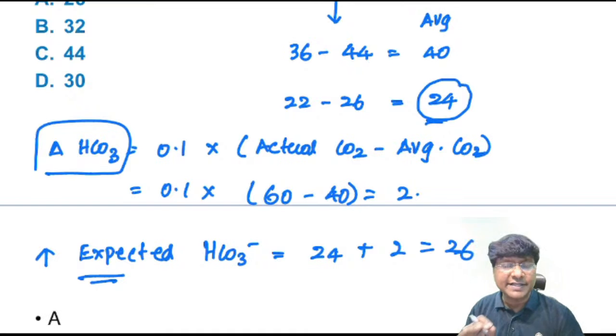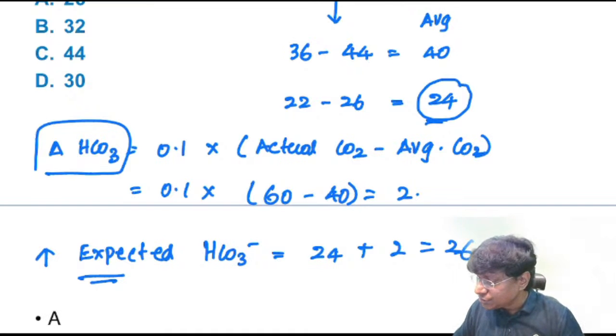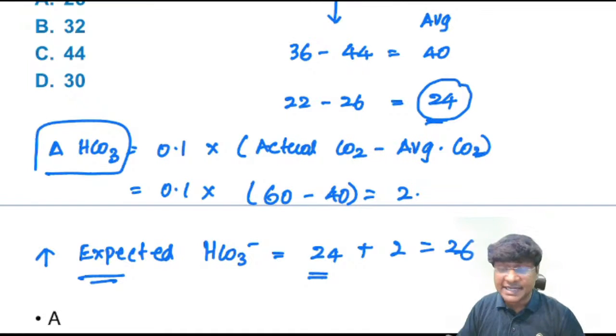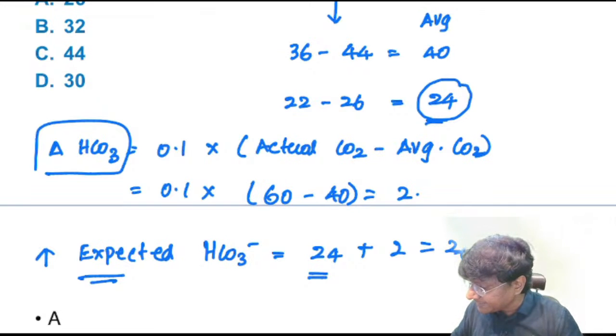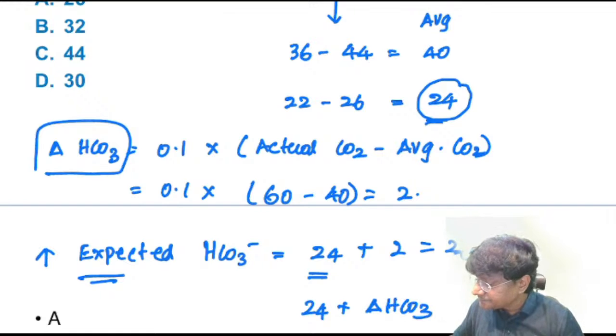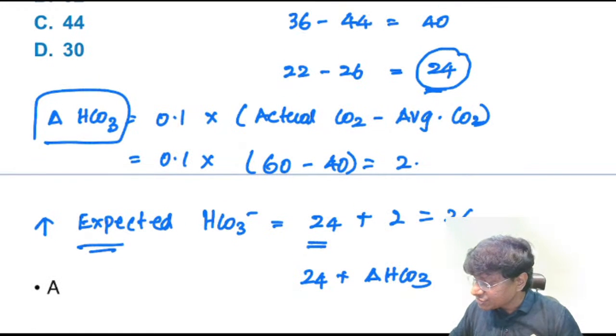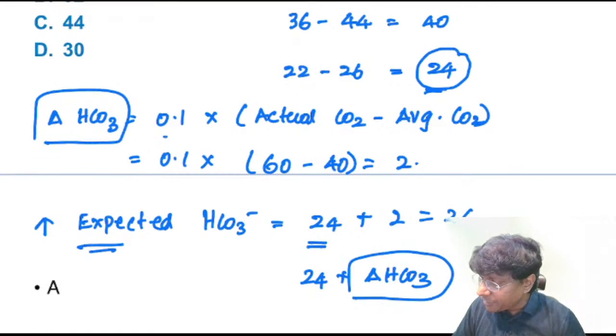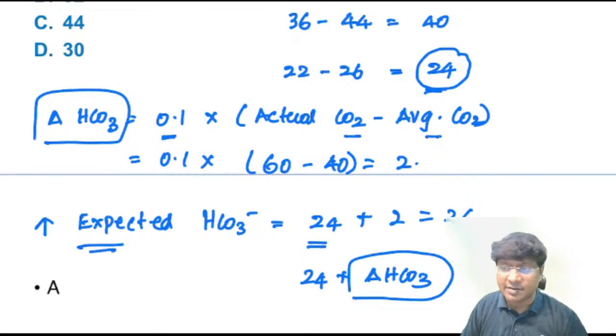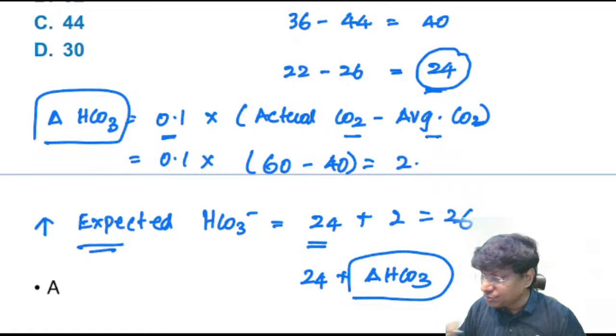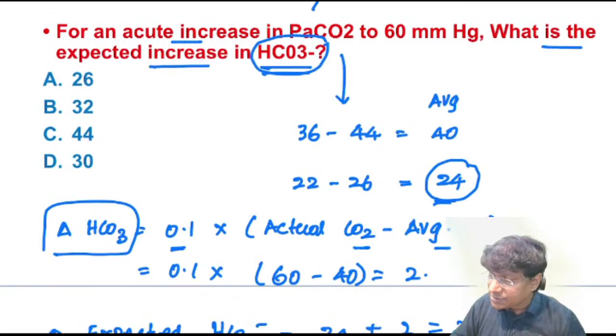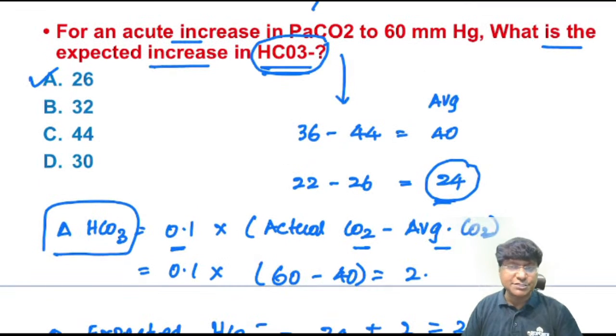The expected bicarbonate is 24 plus the change in your bicarbonate. And how much is that change? 0.1 multiplied by actual carbon dioxide minus average carbon dioxide. So the value that you get is 24 plus 2. The answer will be 26 milliequivalents per liter. Now, the same question